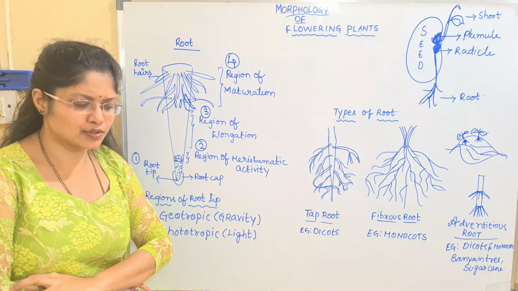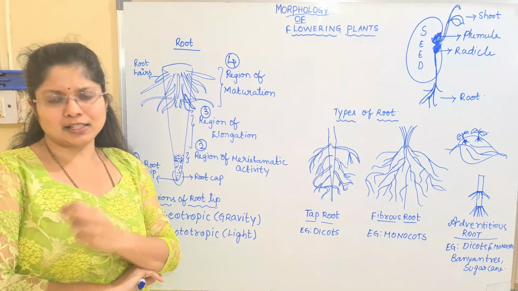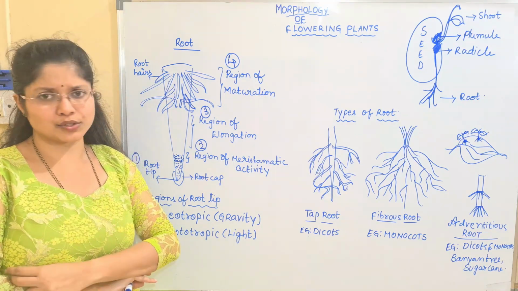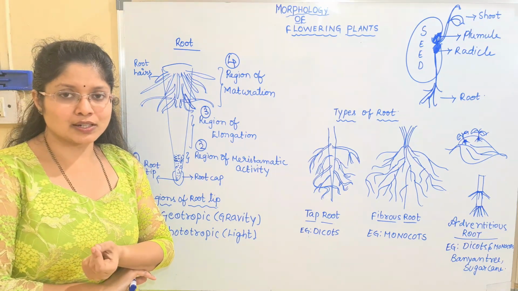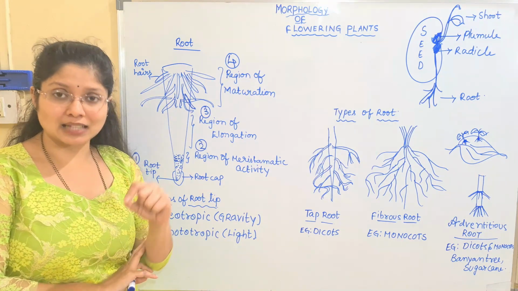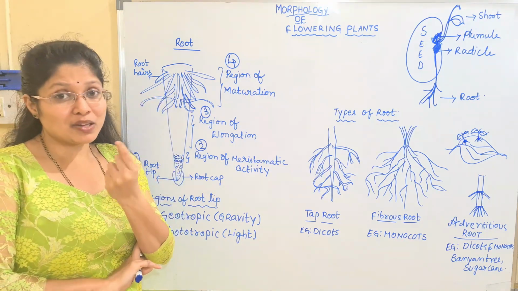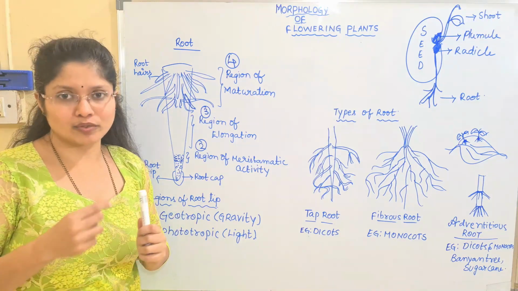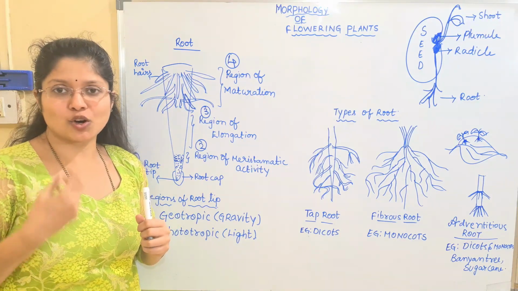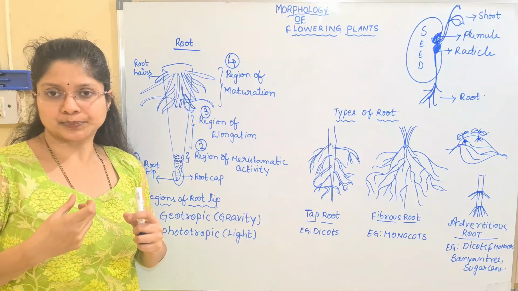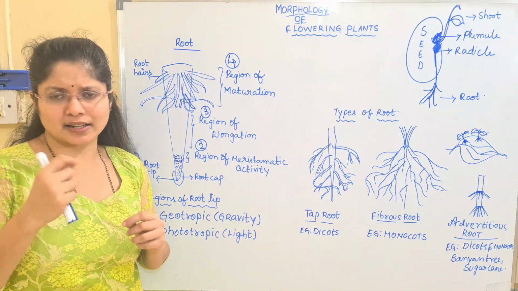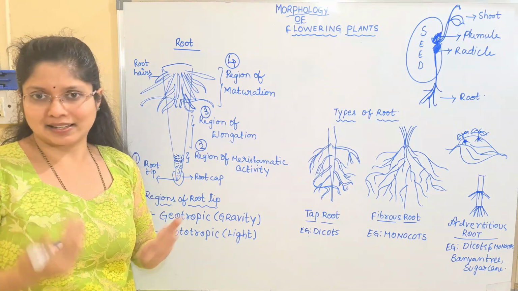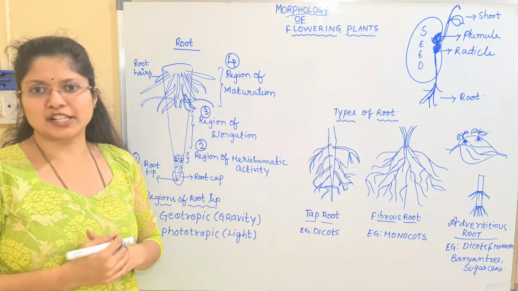If the seeds are placed inside the soil, they will be producing 2 structures. What are the 2 structures, children? One is a root and the other is the shoot. The root will be white in color. Whenever you see the germination of a seed, generally the immature root will be white in color. And the shoot will be light green, and it will even produce some leaves after 2 to 3 days.